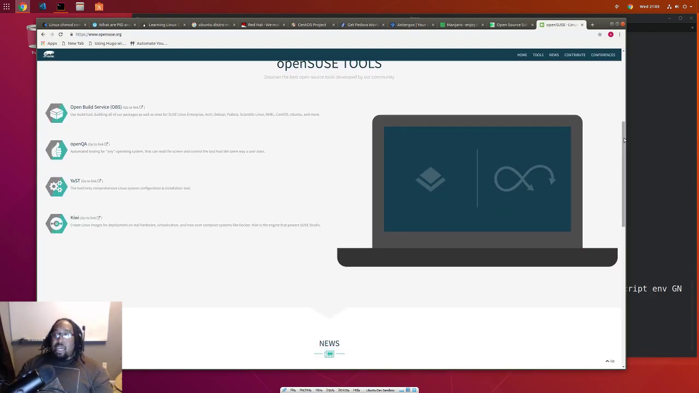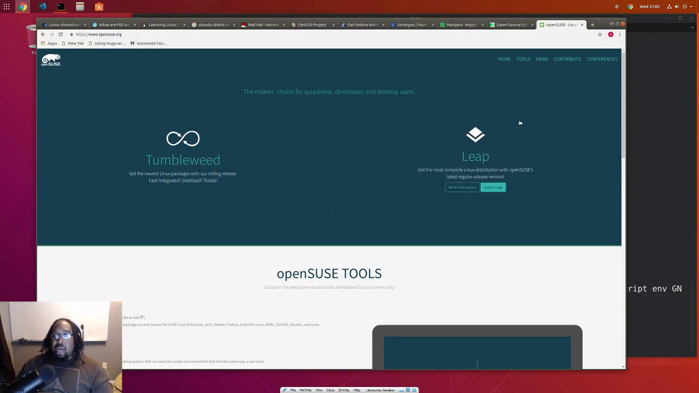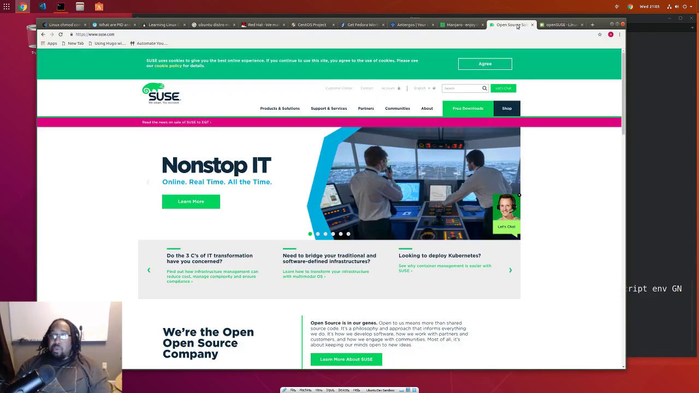And so they've got two releases here. They've got Tumbleweed, which is a rolling release, and then they've got Leap, which is a more, I don't want to call it more secure, but a more solid, more stable version, because they wait to release things. It takes time to release things. So those are some of your basic